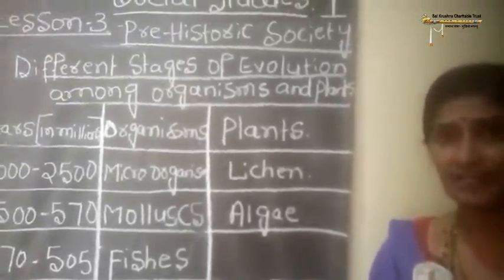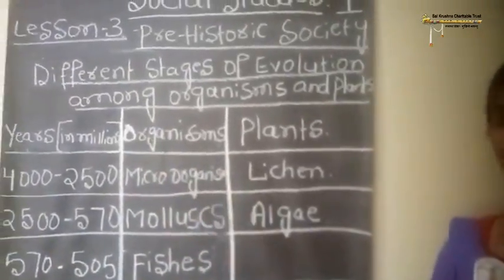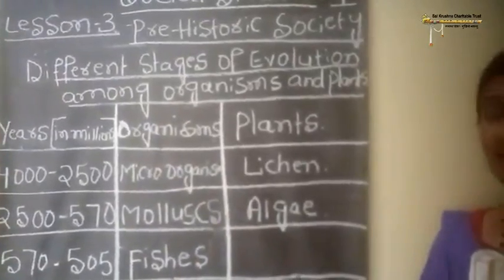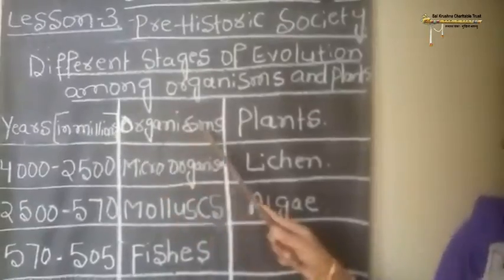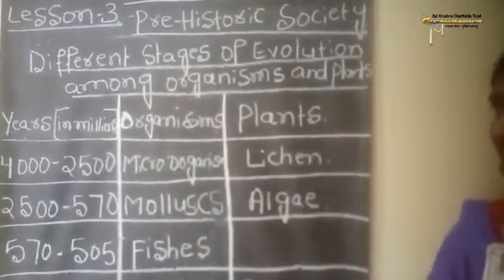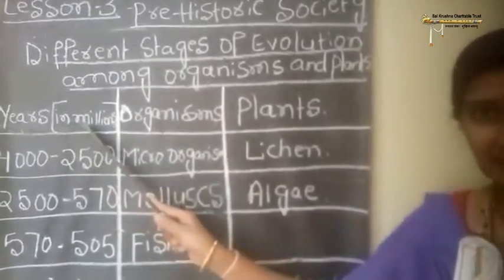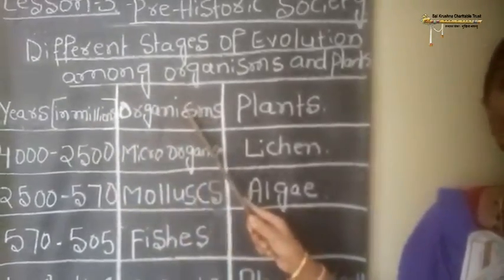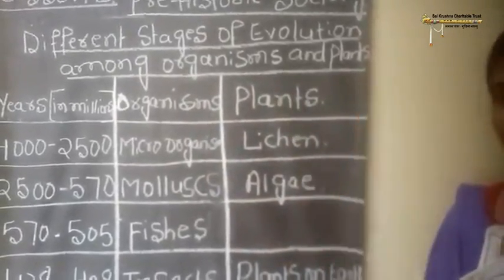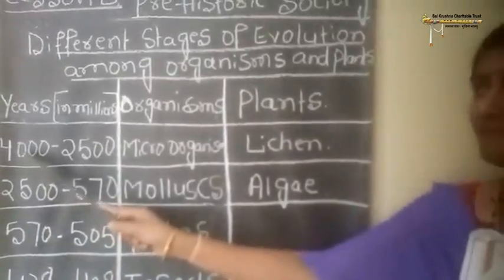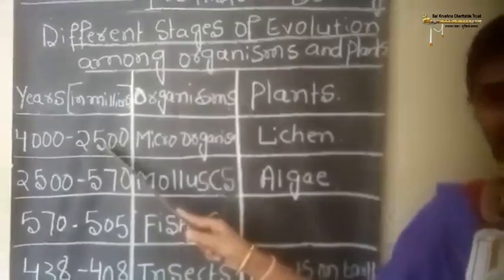In order to make it easy, I have prepared a chart. By seeing this chart, it will be very easy for you to understand. This chart has 3 columns. The first column tells about the years in millions, the second column about the organisms, and the third column about plants. So some 4,000 to 2,000 million years ago,